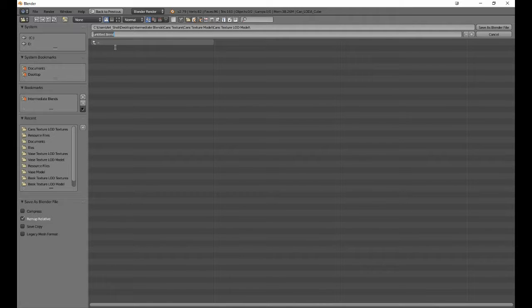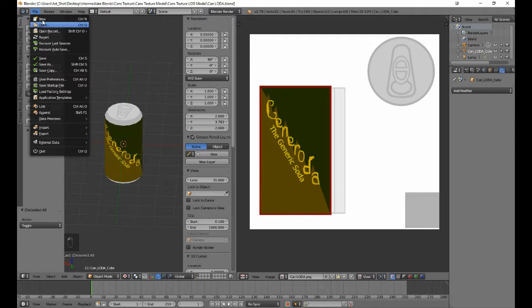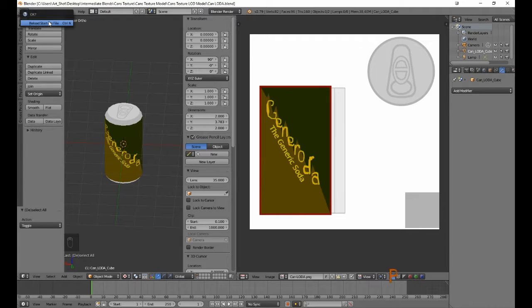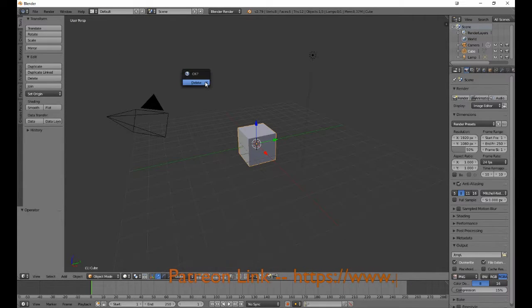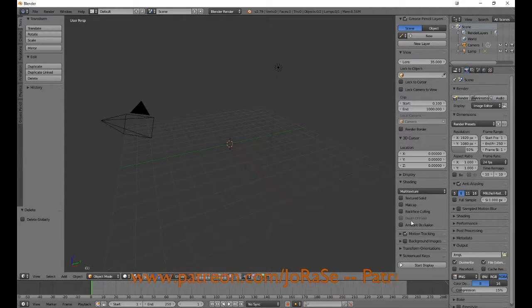Can LODA. And let's go ahead and do the next one. So that's going to be start up a new file, and go ahead and get rid of the default cube. Make sure screencast is on, and we're going to import